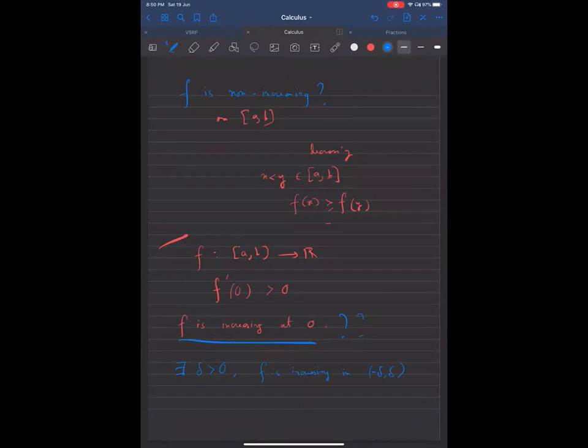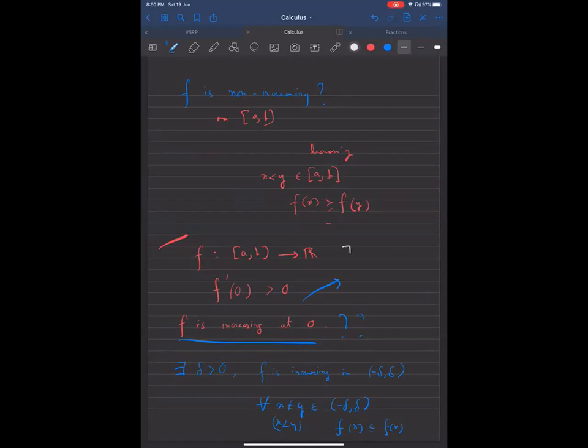So by that you mean that for all x not equal to y in (-delta, delta), if x is less than y, then f(x) is less than or equal to f(y). But this is not exactly true. So what we mean by increasing at a point is necessarily this, okay,